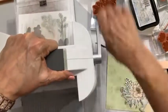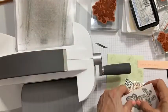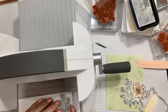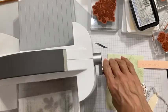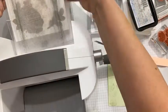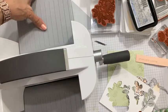Use our Big Shot until they died. And, you know, I have a Big Shot that I've had for 9 years. It's still going. So, you know, you might wait a long time for it to die. And it might seem a little bit of an extravagance to get the Stampin' Cut and Emboss machine, which I affectionately call Big Boss, if you already have a die cutting machine. However, like I said, it really is just a vast improvement. So it's a great thing to put on your wish list for your birthday or your Christmas, and let the significant people in your life know that if they are looking to do a larger gift for you, because it is a larger gift,